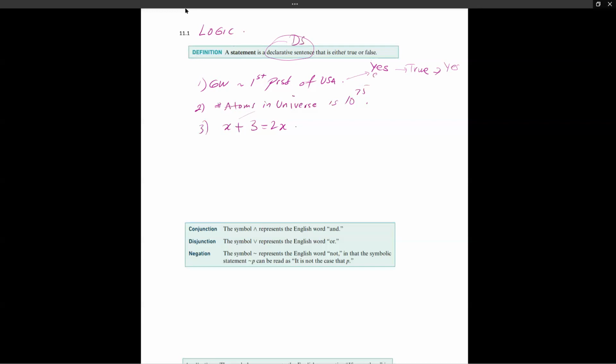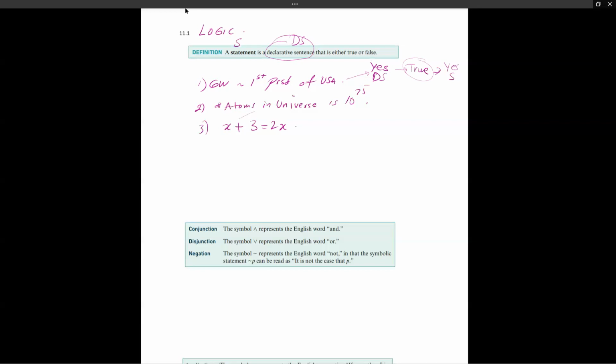Let's call this DS and this just S. All right. So you see, now we're using the logic, right? So George Washington is the first president. So yes, it's a declarative sentence because it's either true or false. And in this case, it's true. And because this definition is met, we can say yes, it's an S, which is a statement. And you can follow the others.